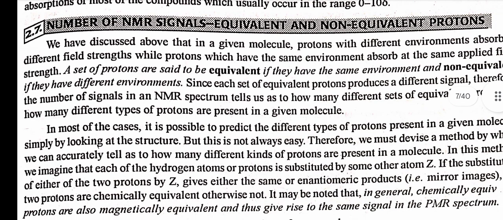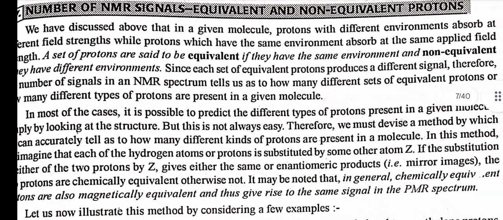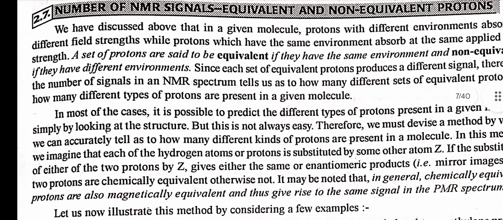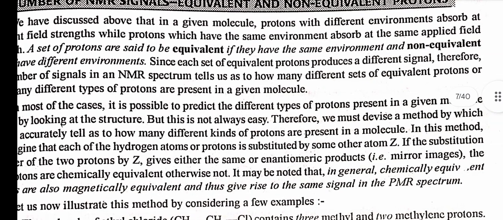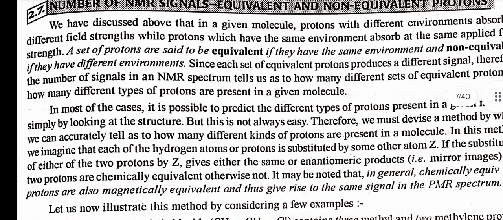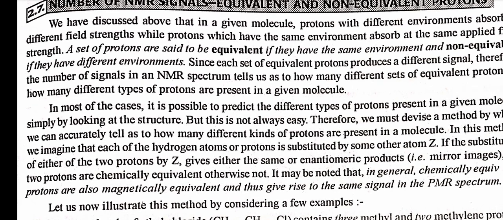Number of NMR signals, equivalent and non-equivalent protons. We have discussed that in a given molecule, protons with different environments absorb at different field strengths, while protons which have the same environment absorb at the same applied field strength. A set of protons are said to be equivalent if they have the same environment and non-equivalent if they have different environments. Since each set of equivalent protons produces a different signal, the number of signals in a PMR spectrum tells us how many different sets of equivalent protons, and how many different types of protons, are